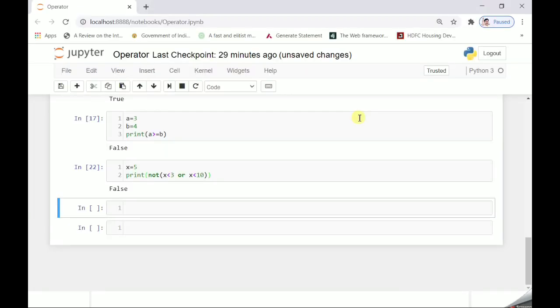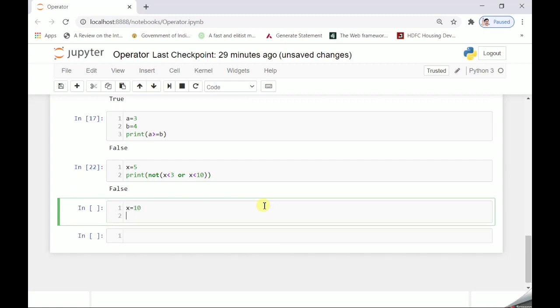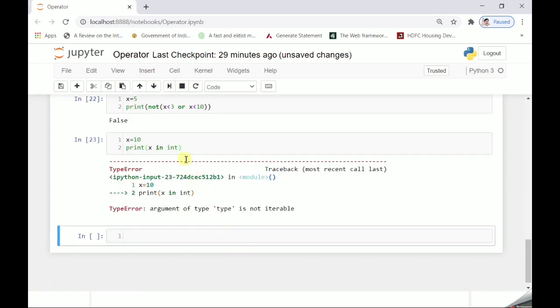You see here, for example, x equals 10 and print the type of x is int.